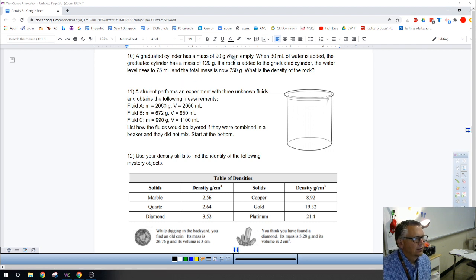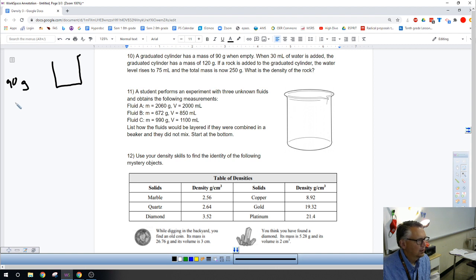A graduated cylinder has a mass of 90 when empty. When 30 milliliters of water is added, the graduated cylinder has a mass of 120. If a rock is added to the graduated cylinder, the water level rises to 75 milliliters and a total mass of 250. Well, this one's a little bit more wordy, but we start off with a mass of 90 grams,